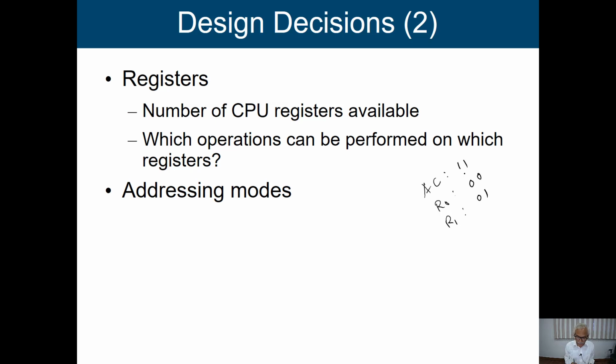And finally, another one, we are talking about addressing modes. We'll discuss these addressing modes, but we can say that it is how we are going to give the address of the operand. We have defined ways to give it, and we say these are the addressing modes. So we have to give the address or reference of those particular operands, and there are several ways we can give it. We'll say these are the addressing modes, and we are going to discuss the different addressing modes that we can have. So these are the design issues that we have, and as a designer we have to implement it.